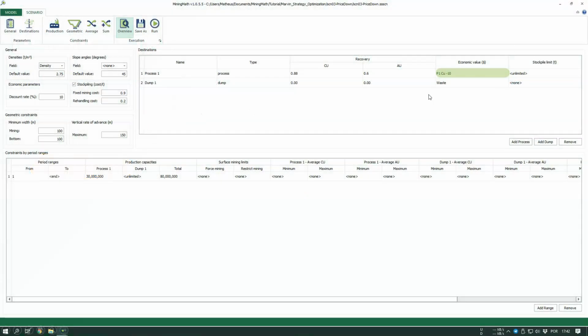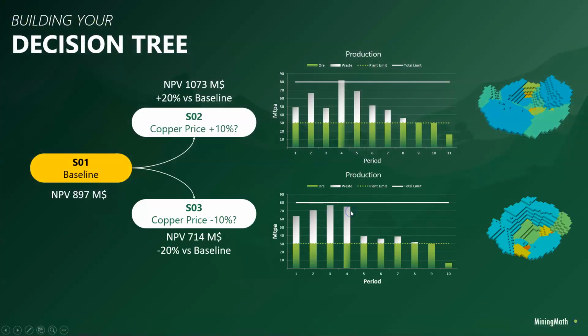And I can also change and consider what if the copper selling price decreases by 10%. Okay, so we have this change over here. So as you can see, the predictions are changing accordingly. Here, in the baseline, the effects on NPV were more linear. But this is not a guarantee. But you can see that in order to maximize value,